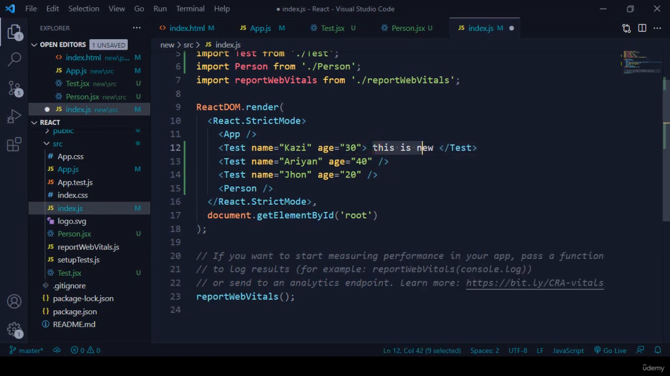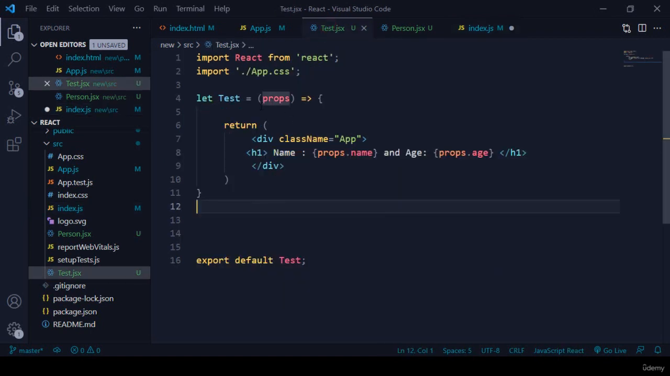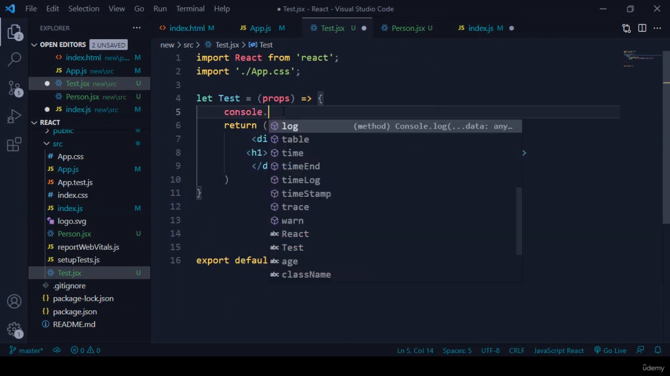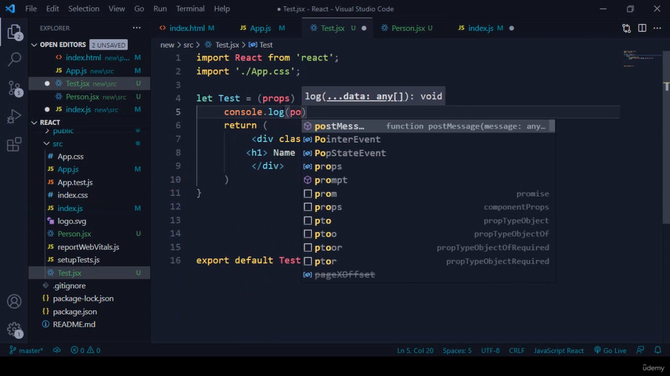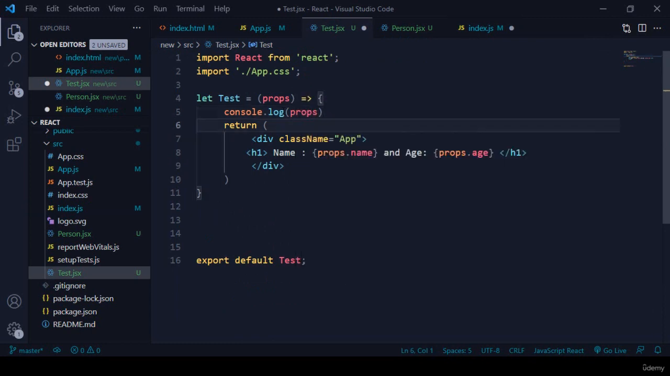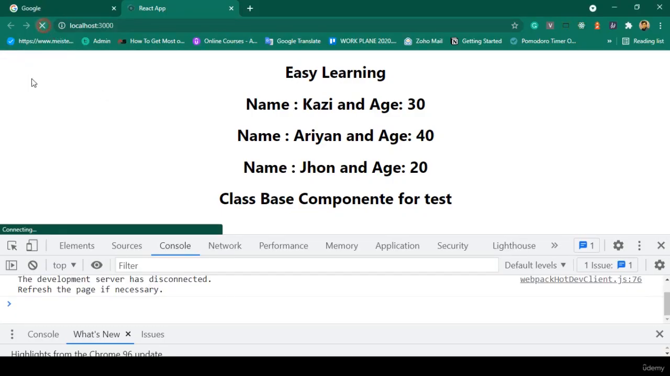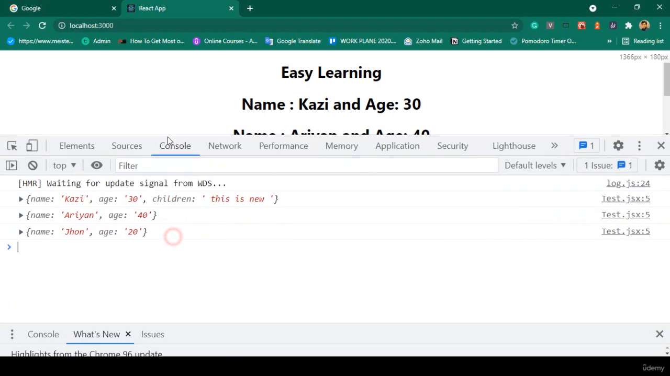So what exactly will that do? If you want to check it, that is also in the props. If you want to check it, we use console log. Into the console log, I want to display these props. Now everything will be more clear. Click save all. Now if you click refresh, now you can see